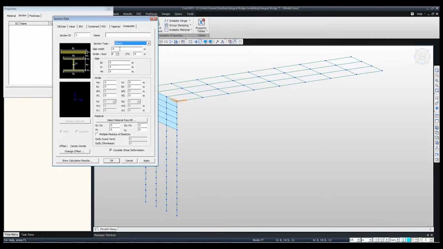Here I need to define the effective width of the girder, so it's 3.5 meters. Number of steel girder is 1 per slab, and width of the slab, thickness of the slab, which is 250 mm, then height of the web for the I girder, so that's 1 meter, width of the flange 500 mm or 0.5 meters,